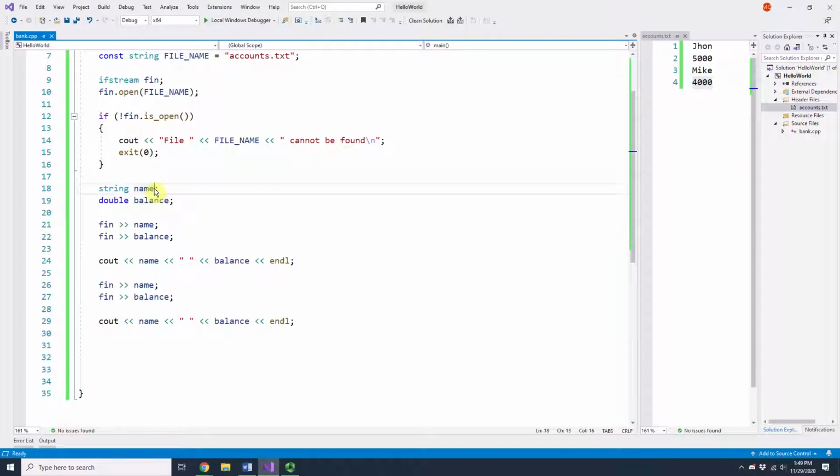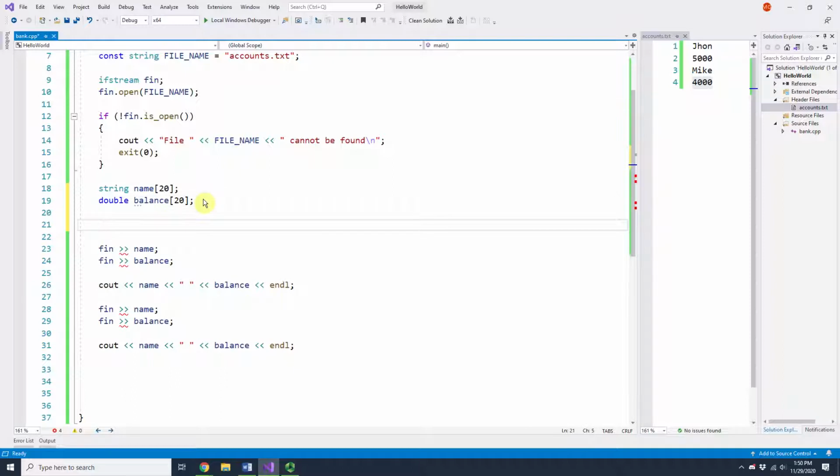but parallel arrays. So assume this bank is a small bank, and we cannot have more than 20 customers, okay? So I need to have an array size of 20 names and also 20 balances for them. So this index 0 will be my first person John, and the second person will be Mike. So I can use a for loop, which will fit better in here, right? Instead of using individual statements like this. So I'm going to make here a while